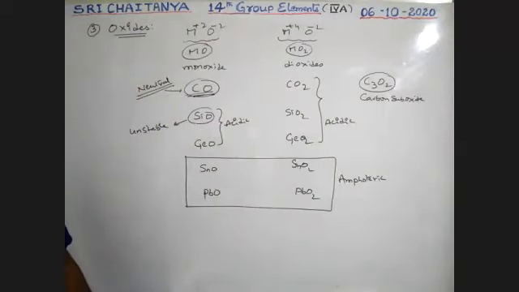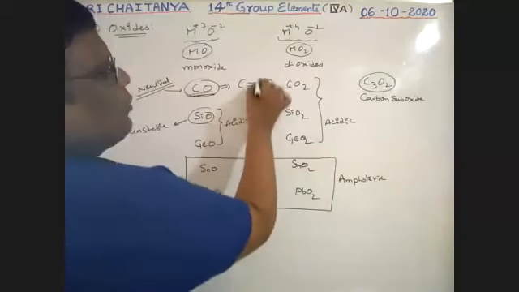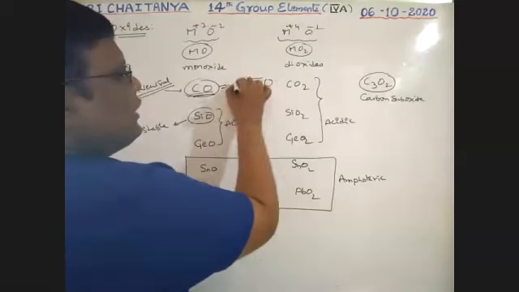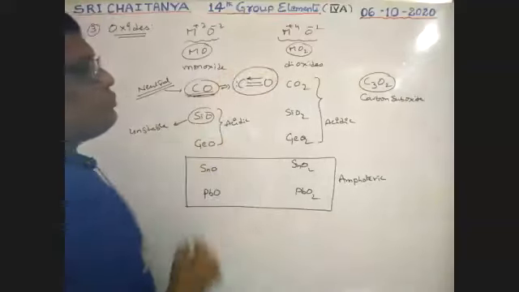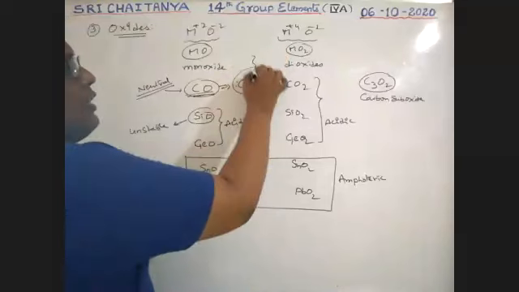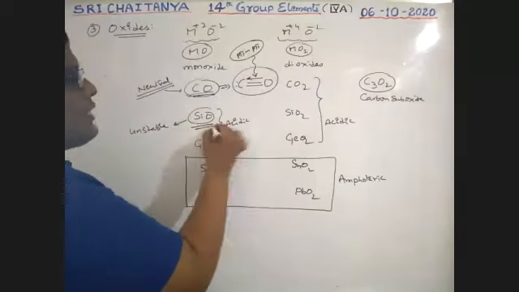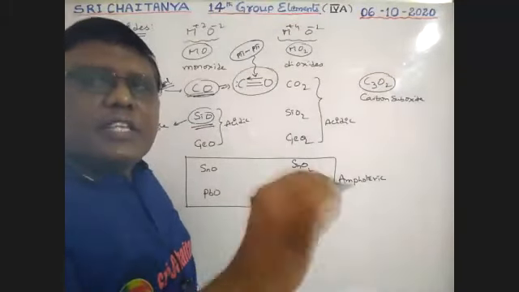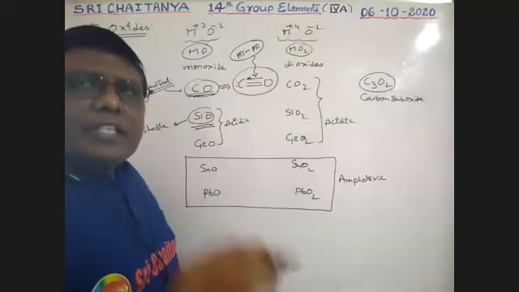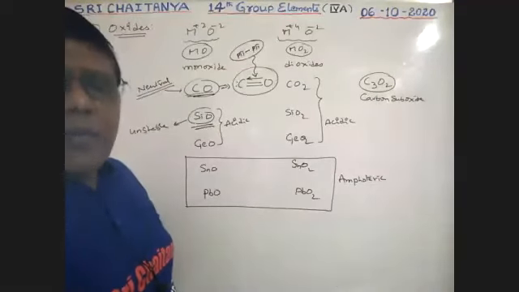In CO, the bonds are like this: between carbon and oxygen, there is a double bond and a dative bond, boys. Oxygen gives to carbon. Here is a lone pair, here is a lone pair. So this is the structure of the CO molecule. Here there is p-pi bond formation. This type of bond formation is not available in the case of SiO. Therefore, SiO is the least stable, almost unstable, very unstable. So SiO almost does not exist, but CO exists because of the p-pi bond formation.